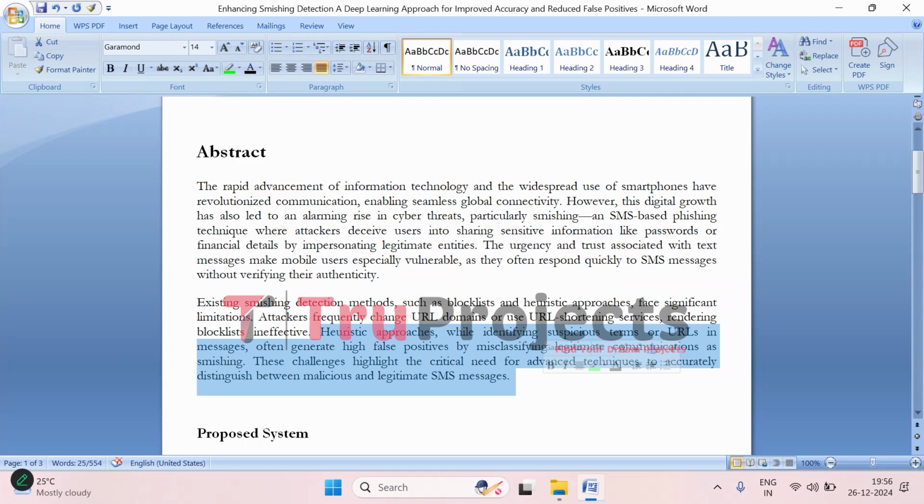Then there are heuristic approaches, which work by looking for certain patterns like suspicious words or URLs in a message. While that sounds good in theory, in practice it can be overly sensitive. Legitimate messages like a bank update or a promotional SMS can easily get flagged as smishing just because they happen to look a bit similar. So these methods end up generating a lot of false alarms, which is frustrating and inefficient too. Clearly, we need a smarter system, something more advanced that can reliably tell the difference between safe and harmful